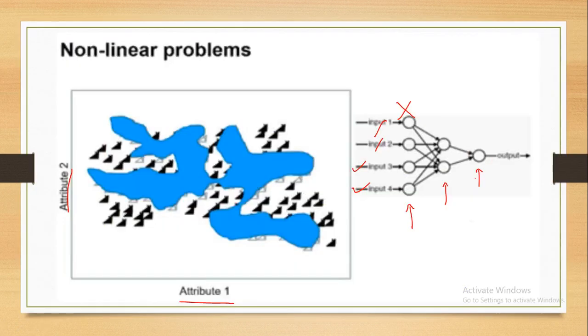This is something about non-linear problems. So how to deal with non-linear problems? If you have a non-linear data set, what we can do is change the integration function. Second thing is we can introduce more than one hidden layer, with more than one neuron. And the third thing is we can change the activation function too. So we have three options, and as per these three options, we can deal with the non-linear data set. That's that.